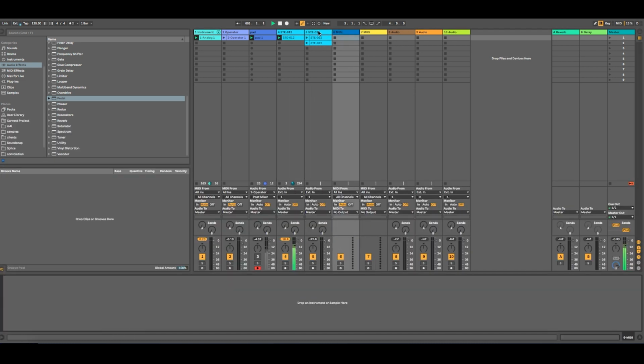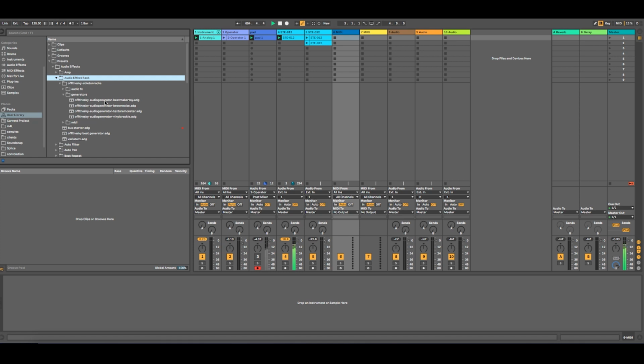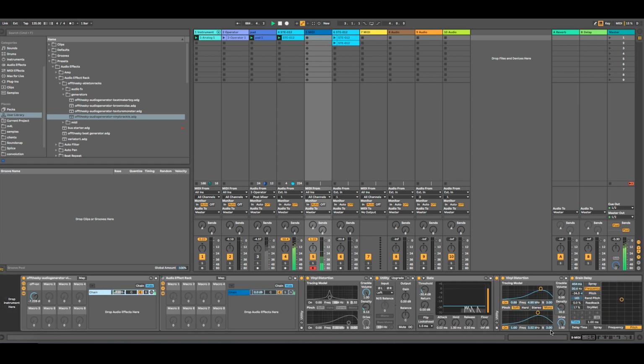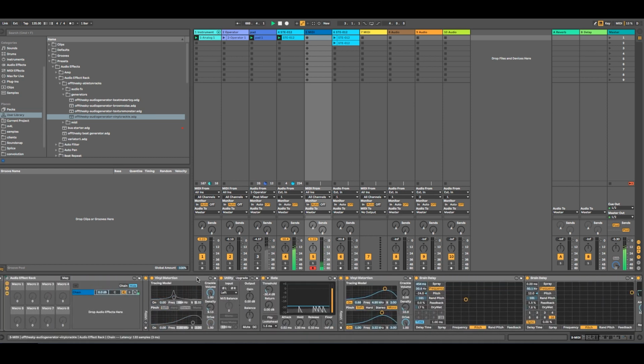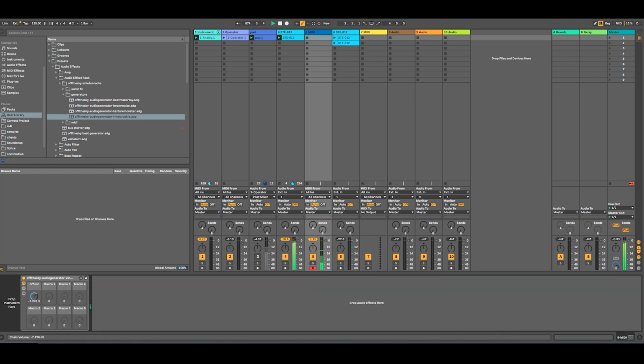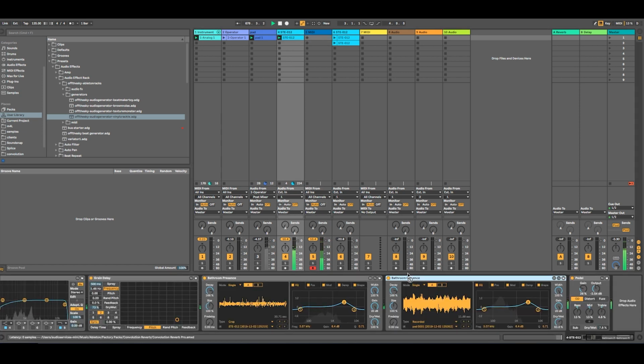All right, so I want to put another layer in there. I have created this generator. It's a vinyl crackle kind of. The vinyl distortion makes a crackle sound built in, but it sounds kind of gross. You can easily spot it in a mix. So I put a bunch of effects after that to create my own unique version of it. But it's a good starting point. I want to see what my drone